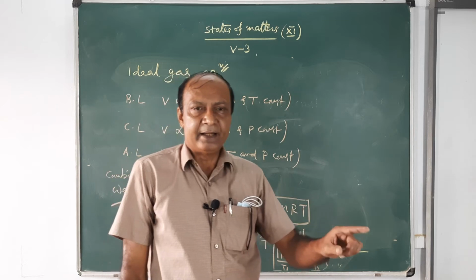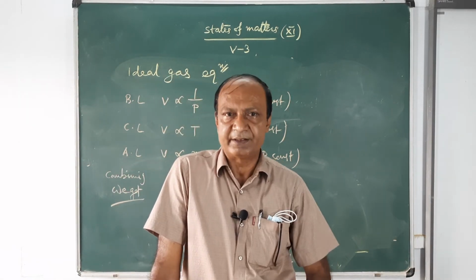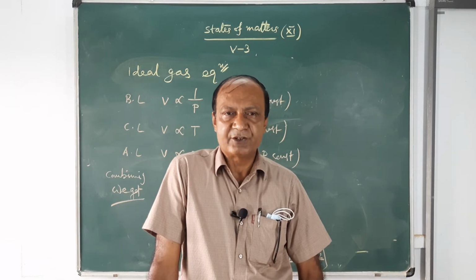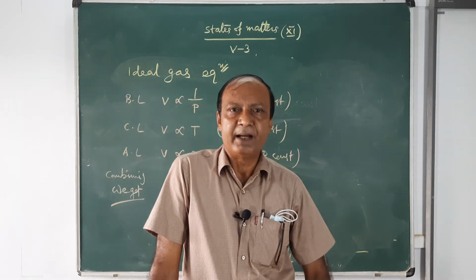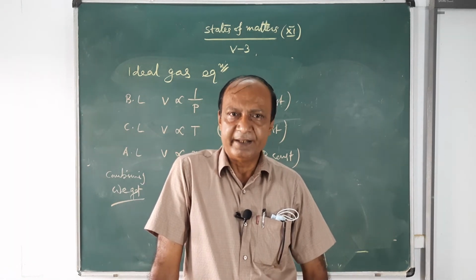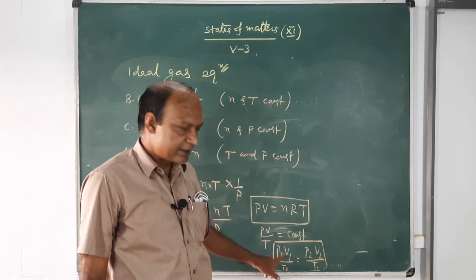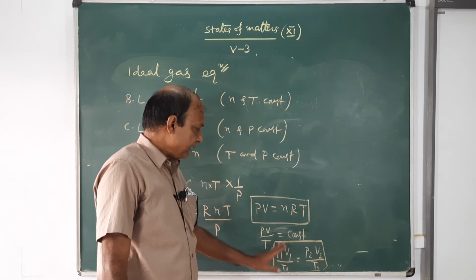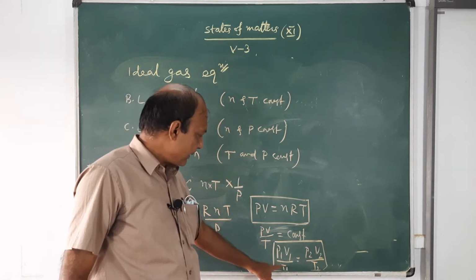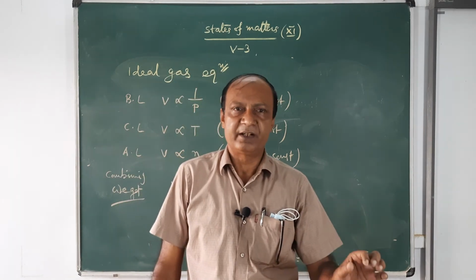Suppose at a given temperature, the volume of the gas is this, under this pressure. What will be the volume of the gas when the pressure is made 4 times and the temperature is decreased by 20 degrees centigrade? You can apply the relation P1 V1 by T1 equals P2 V2 by T2. This relation is valid when all three parameters are variable, and only the amount of gas is kept constant.